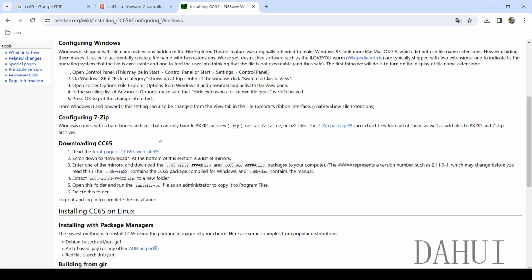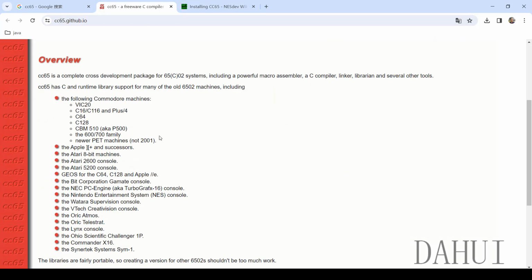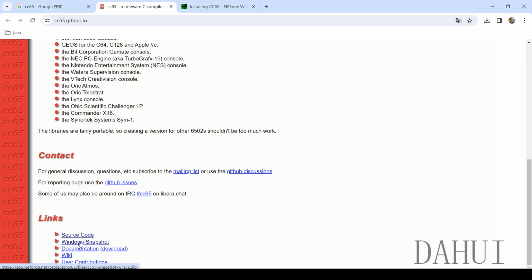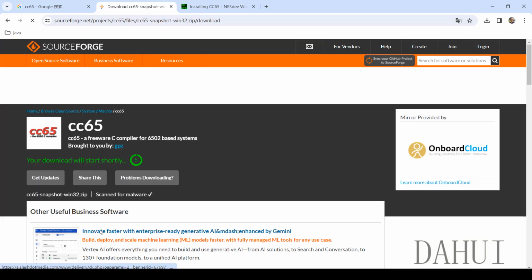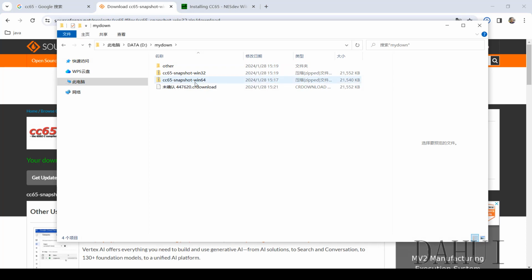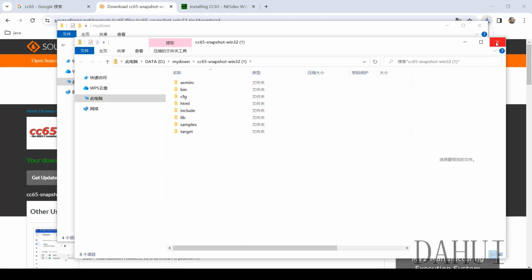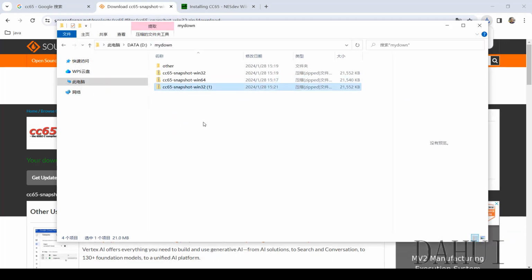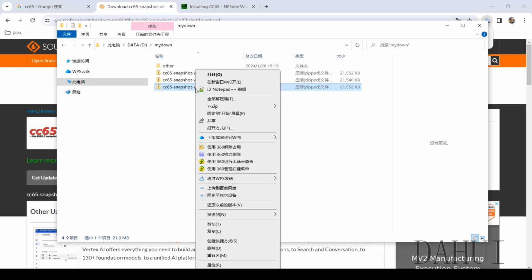So click, there are some links. For now, from here, click Windows snapshot, then it will download Win32. And you just delete the repeated one. Delete it,